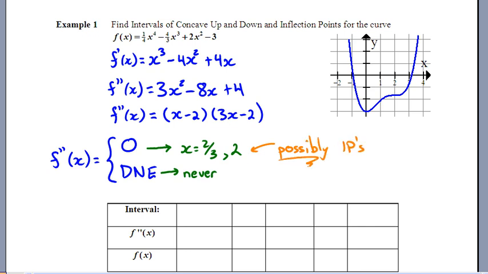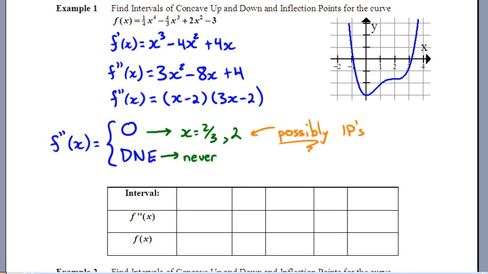But just possibly. I have to go and do some more testing here. Now, I could look at the graph and maybe tell you, but if that graph is simply there right now as a courtesy, my next move would be to break up my number line. And I would say, okay, I've got a cut here at x is equal to 2/3 and another cut on my number line at